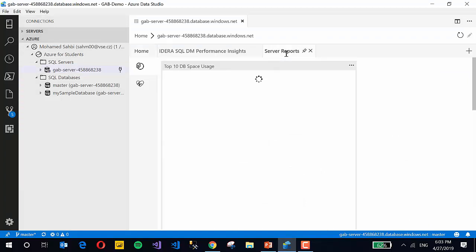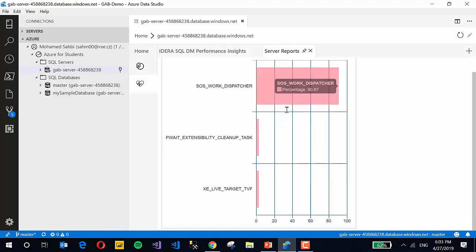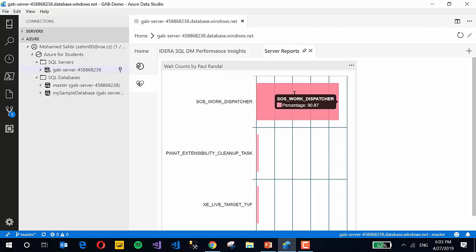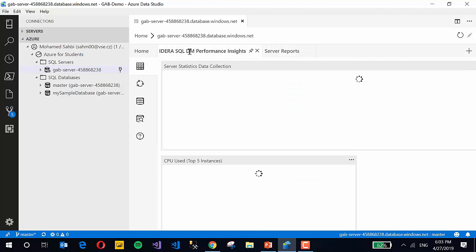Okay, so this is another SQL Server report, which gives you some information if you have more databases, the usage, their wait counts and stuff. So these are the dashboards and the charts that I'm talking about. So you don't need to do some scripts and see everything. I mean, there is nothing wrong with scripting, but sometimes you want to see some graphic to understand what's happening. So here, if you have a license for Idera SQLDM, I don't have one,